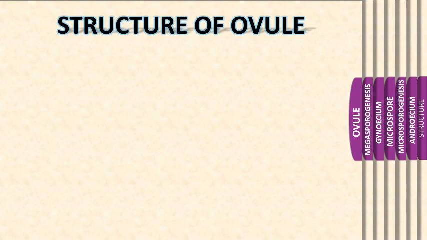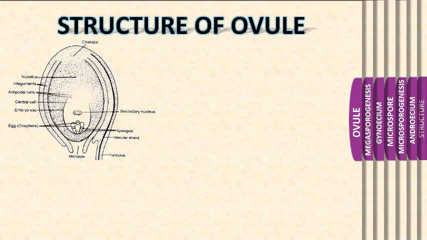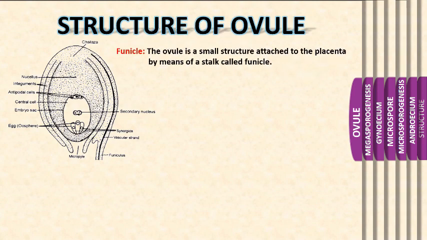After the structure of the female reproductive organ, we are going to study the structure of the ovule. Ovule is present inside the ovary. This is the structure of the ovule, and here you can see the micropylar end. At this end, the egg cell and synergid cells will be present, and the antipodal cells will be present just opposite to this. That region is known as the chalazal end. Nucellus is present around the embryo sac. The funicle is the stalk to which the ovule is attached.